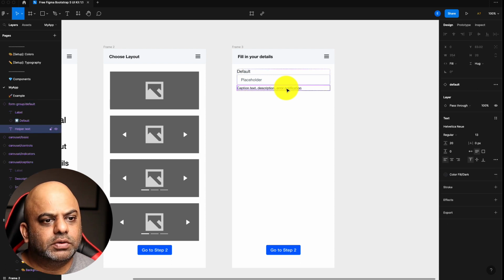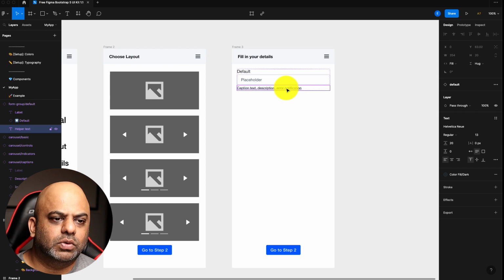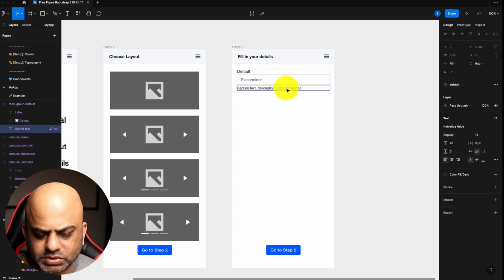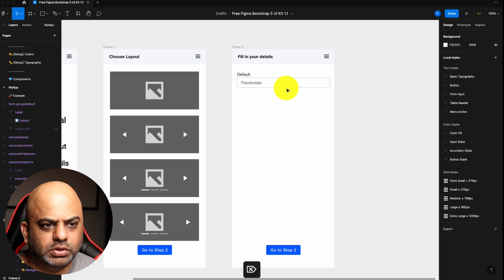I'll remove this for now. I'm gonna use it later on for displaying errors and such, but I don't need to show it right now.